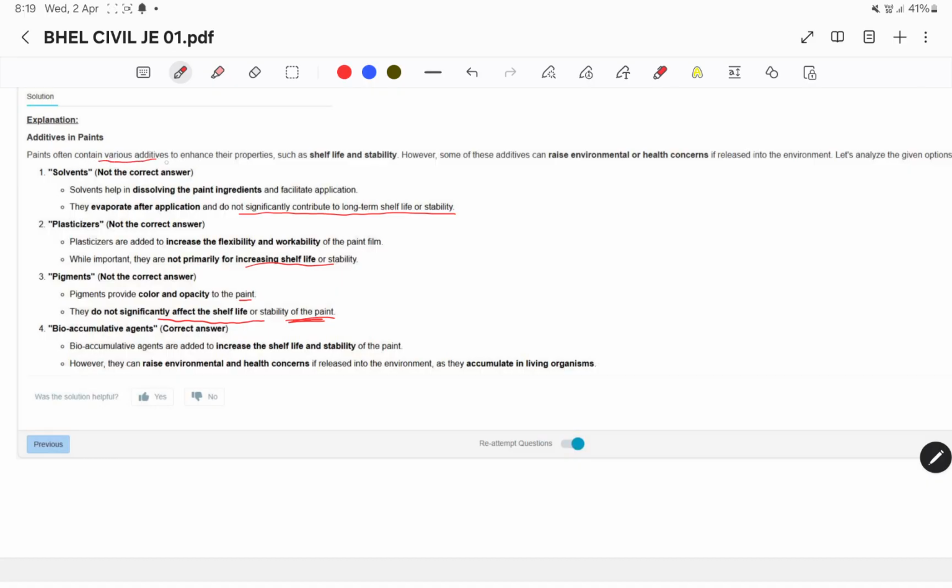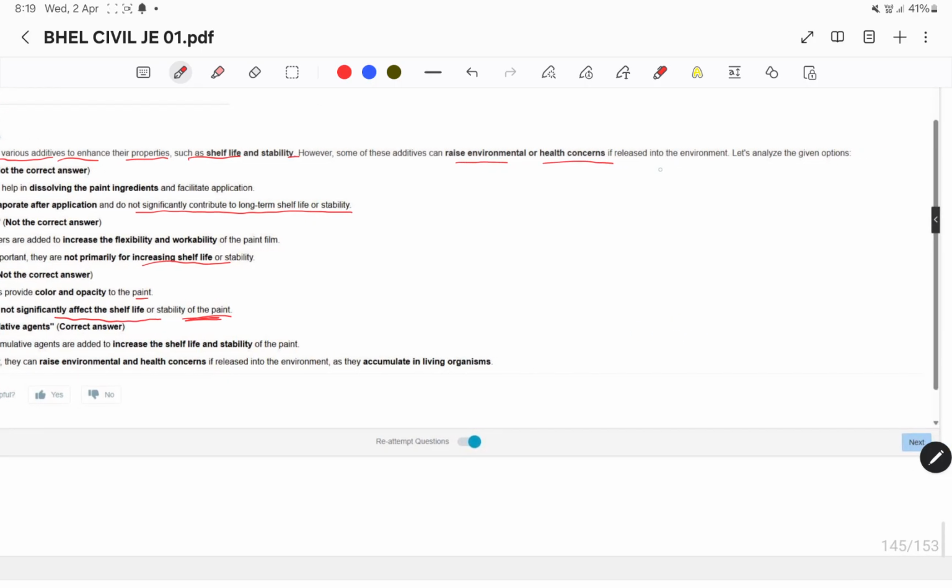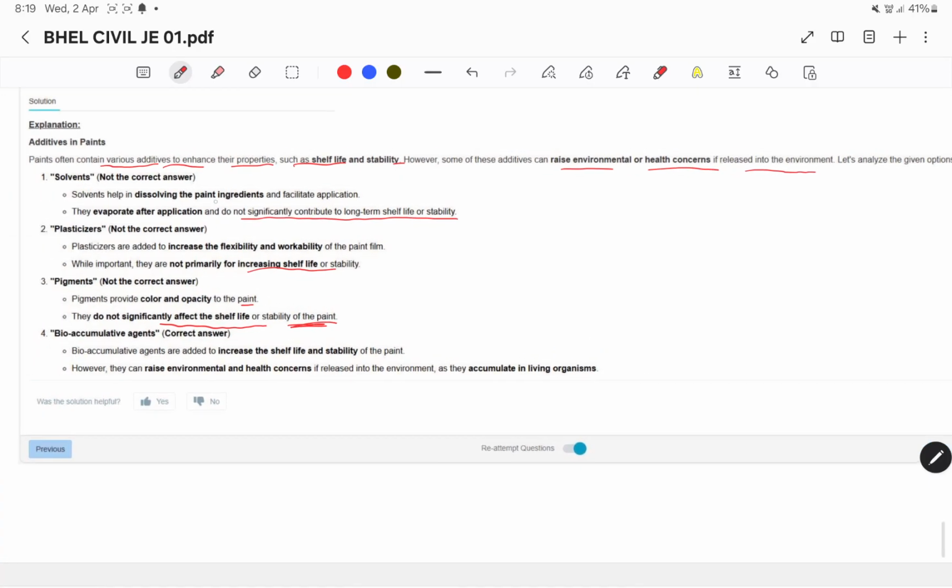Paints often contain various additives to enhance their properties, such as shelf life and stability. However, some additives raise environmental and health concerns if released into the environment. Let's analyze them. Solvents dissolve the paint ingredients and facilitate application. They evaporate after the application and do not significantly contribute to the long-term shelf life or stability. ये कंट्रीब्यूट नहीं करता।